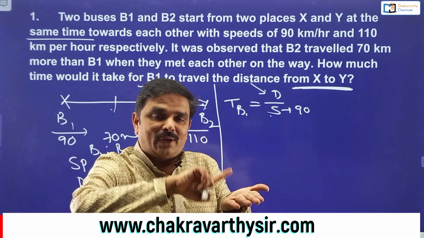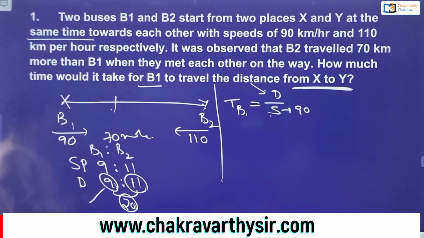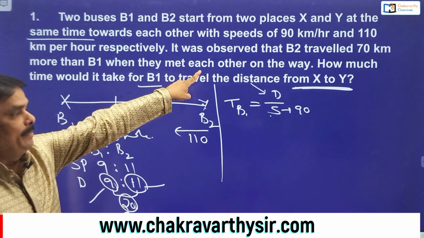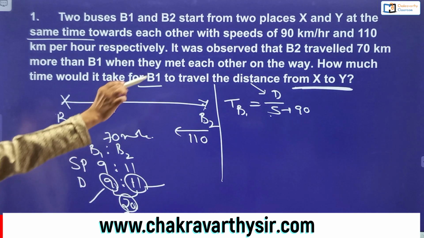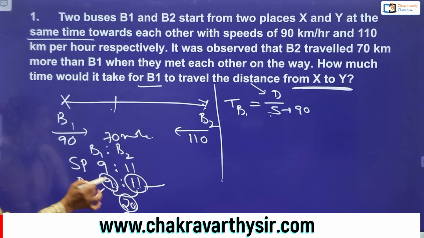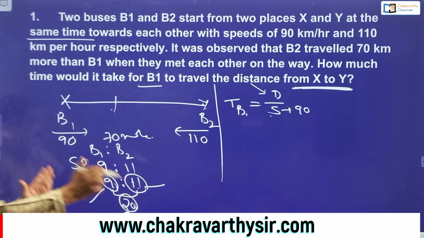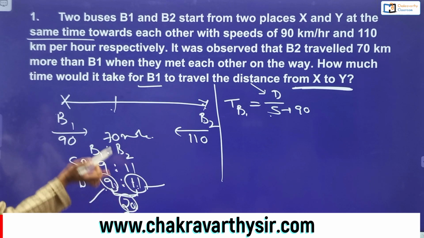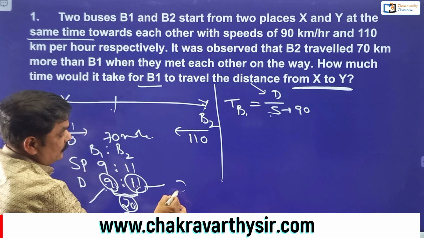Since time is constant, I have converted speed ratio to distance ratio. I have taken the least terms here. If bus 1 traveled 9 kilometers, correspondingly, bus 2 should travel 11 kilometers if the total distance is 20. These are my imaginary numbers. Compare these imaginary numbers to the numbers given in the question. After meeting each other, it was observed that bus 2 traveled 70 kilometers more than bus 1. That means the difference between the distances traveled by these two, according to the figures they have given, is 70. According to our imaginary numbers, the difference between the distances traveled by both buses is 11 minus 9,